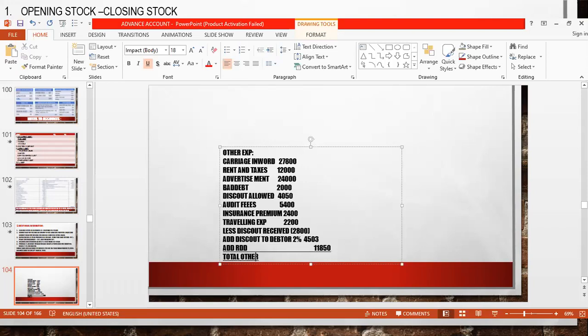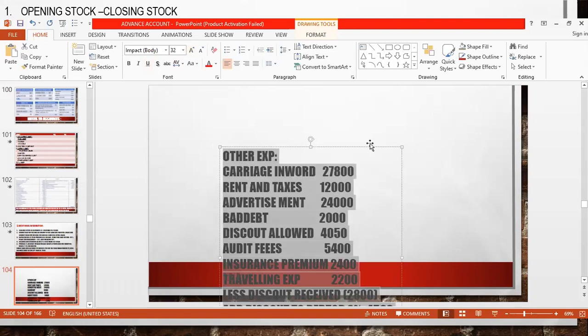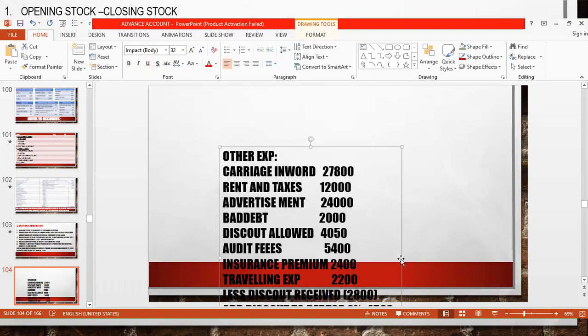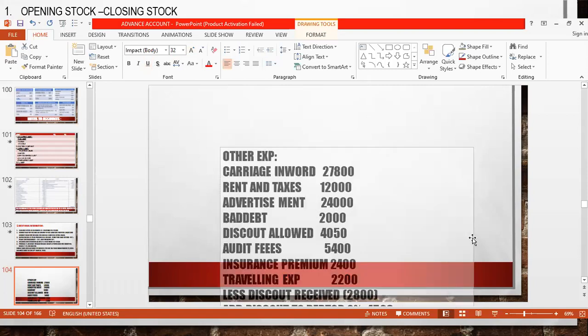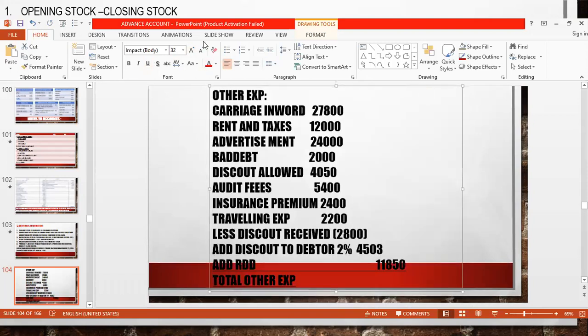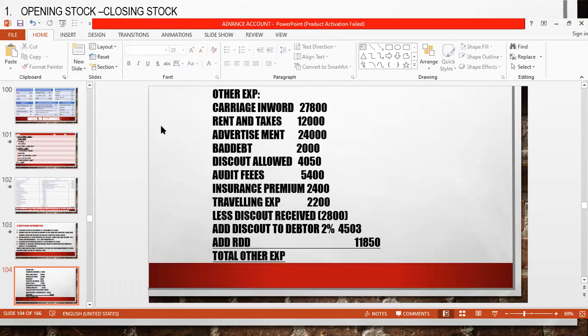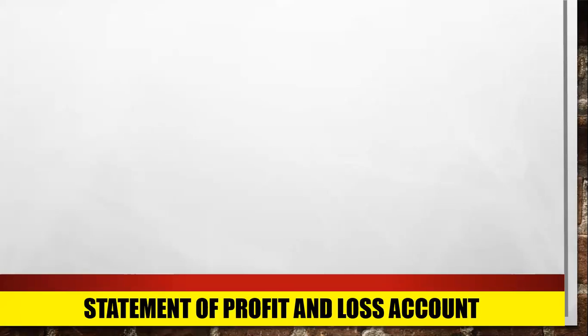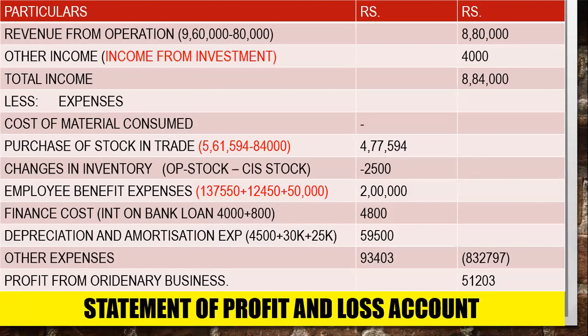It will be the total of other expenses. दिख रहा है आप लोगों को? So you will get your other expenses total. That is 93,403 in second last adjusted statement of P&L account. In second last, you will get this 93,403 after deducting discount received amount from discount allowed.